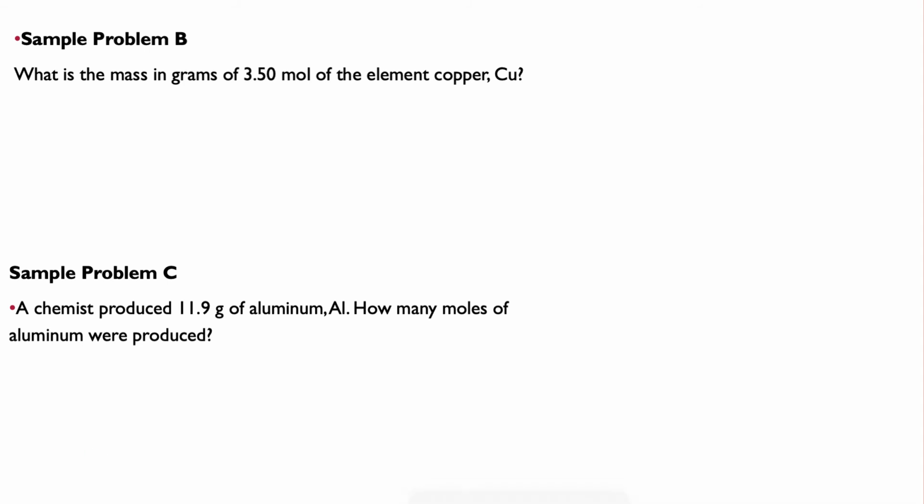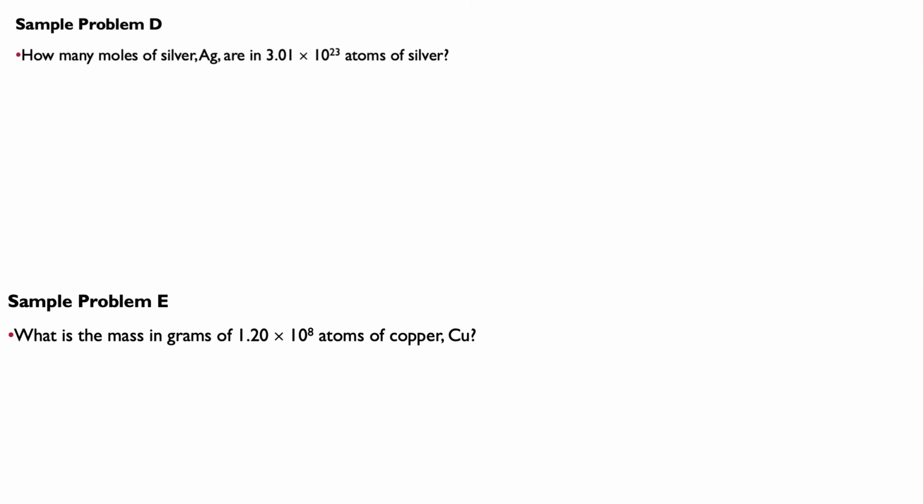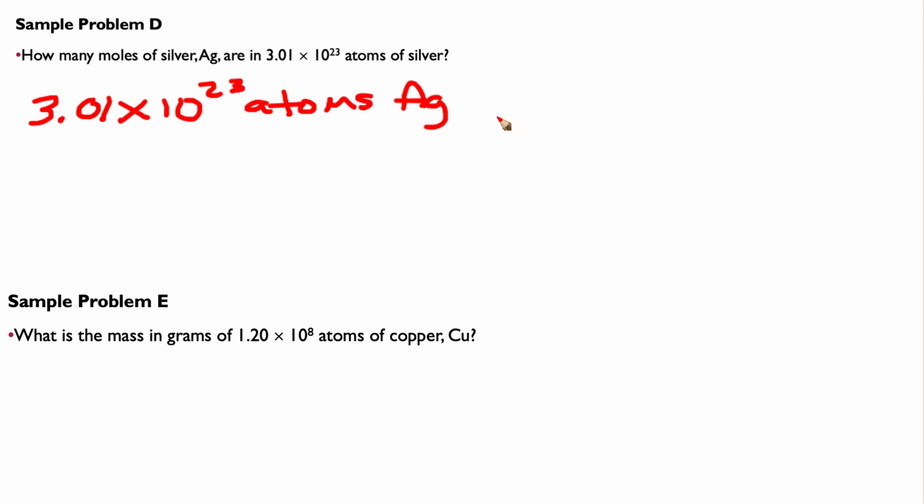All right, so now a couple more examples. I think we're going to bring Avogadro's number in here, and we are. It says, how many moles of silver are in 3.01 times 10 to the 23rd atoms of silver? So we put down 3.01 times 10 to the 23rd atoms Ag. Since we're dealing with just single atoms of Ag, we're just going to go from atoms right to moles, so times 1 mole of Ag all over